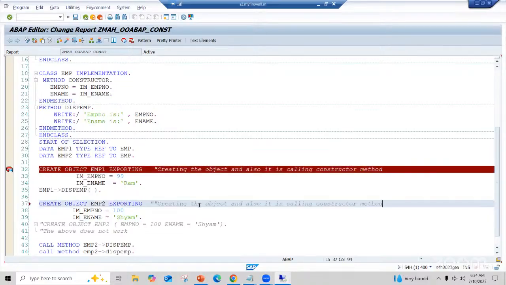Now see the code and tell me. In line number 32, the constructor is called. In 37 also the constructor is called. How can I say